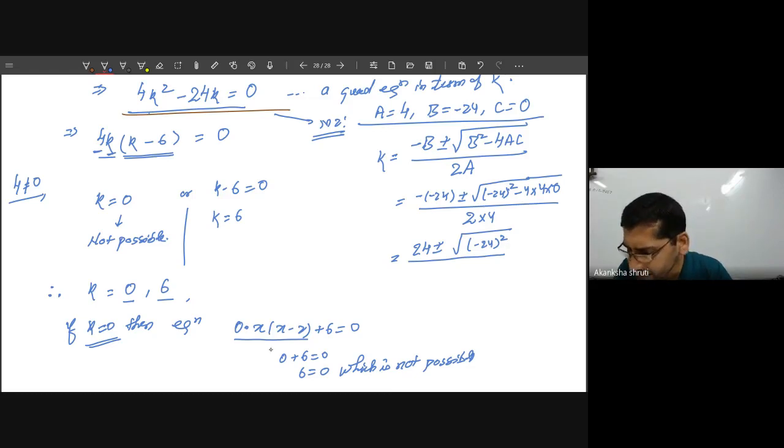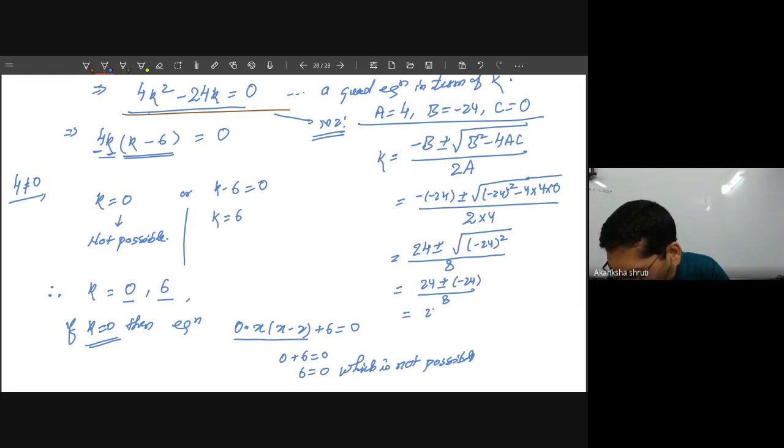Whether you are just writing this as plus 24 square or minus 24 square, you will get the same result, because before this root there is already a plus minus sign. Even if you take the negative, negative becomes positive. Even if you take the positive, because of this negative sign it becomes negative. So you will get both results. By 4 into 2, 8. So it is 24 plus minus 24 by 8.